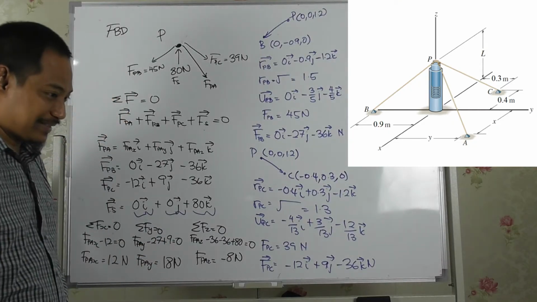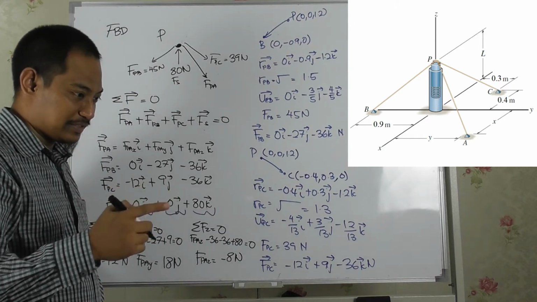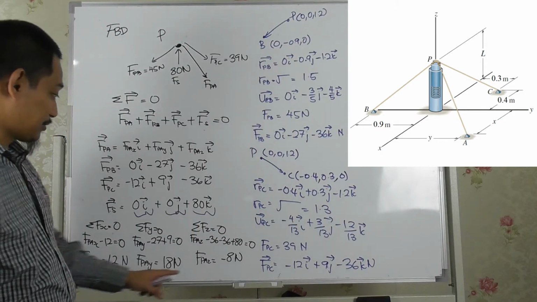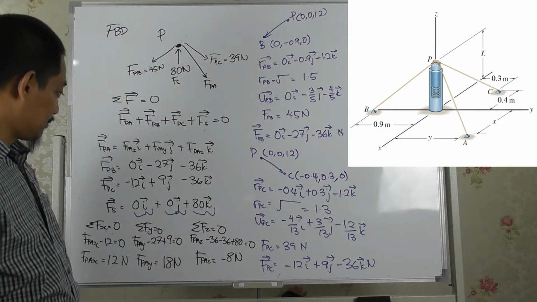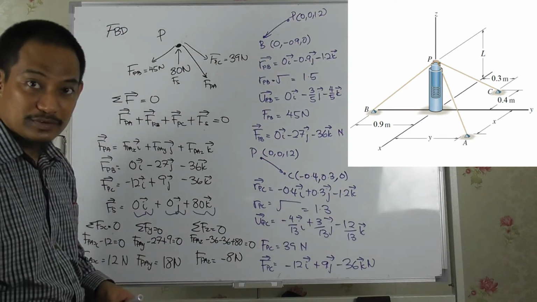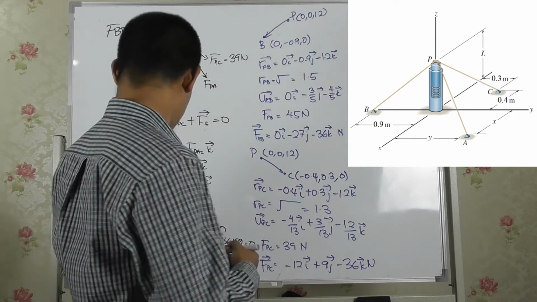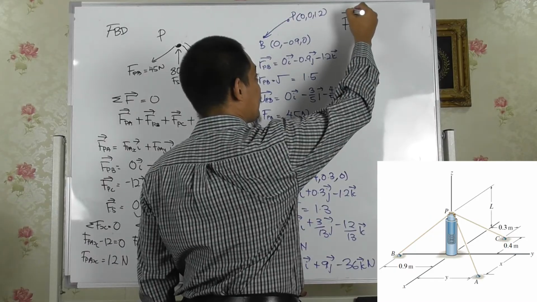So what is the question again? The question says determine the tension in cord PA as a Cartesian vector. So you need to express this as a Cartesian vector. So where can we do that? Is there any space? I'll just write it here, right? So F_PA as a vector equals